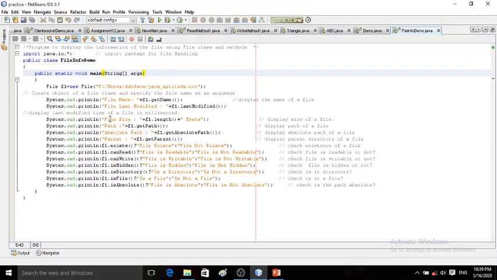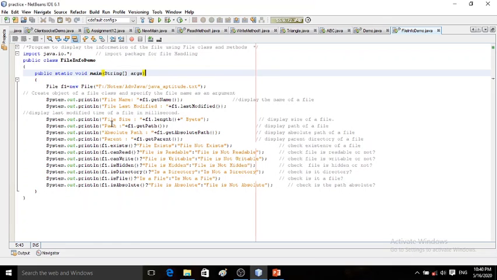Then System.out.println file size. We want to display the size of our file, java aptitude.txt. For that we are calling f1.length. After that we specify that these are in bytes, so the string bytes is added with the concatenation plus sign. So it displays the size of the file in bytes.